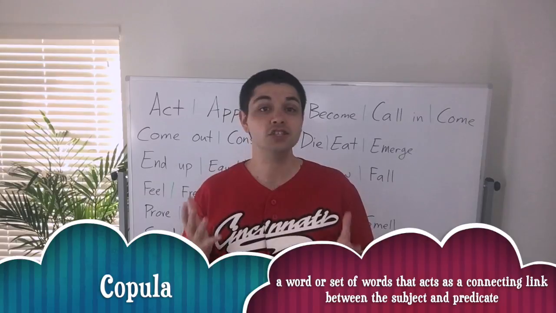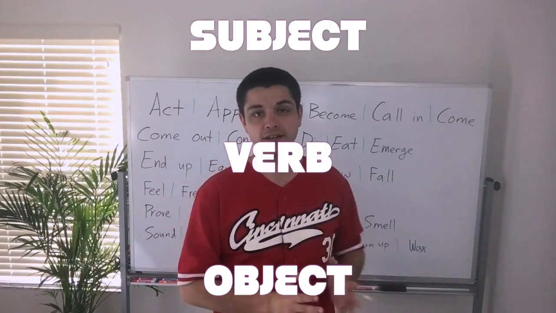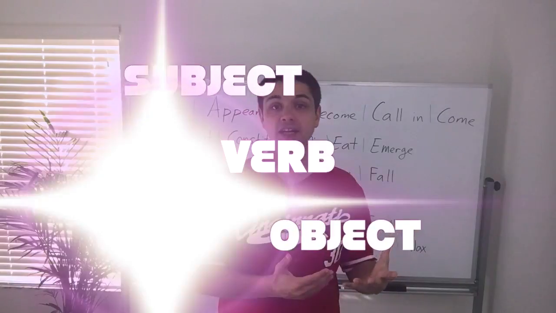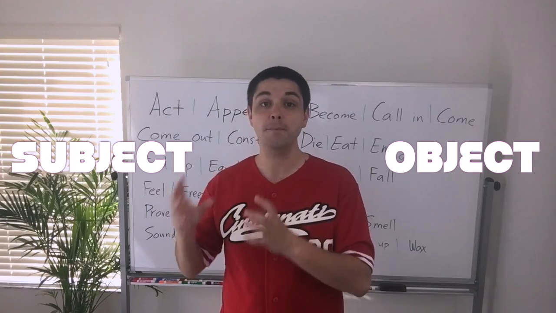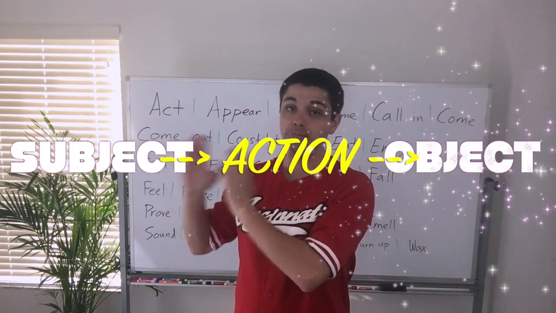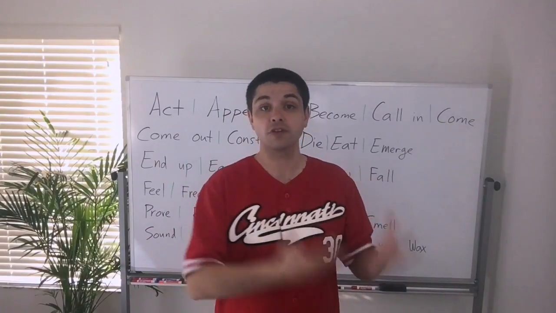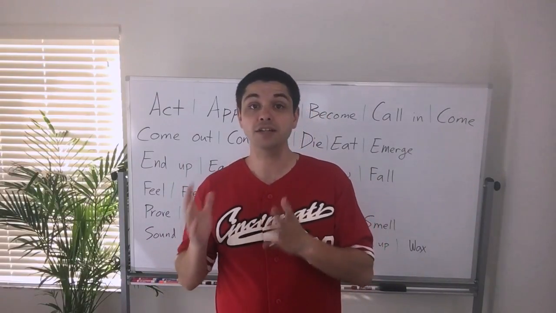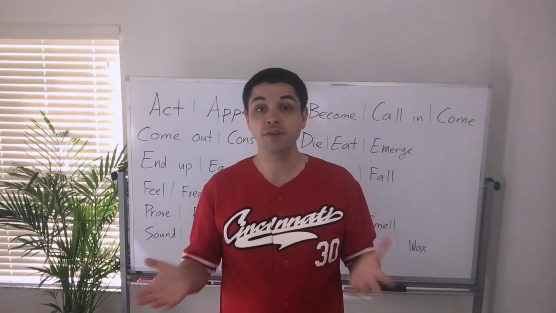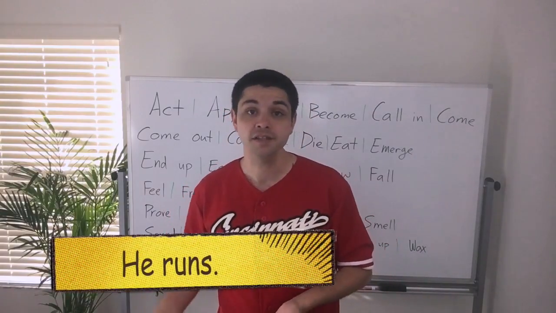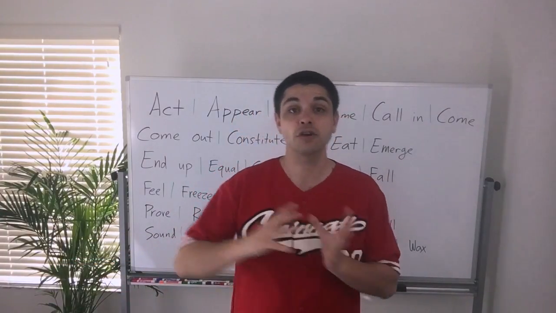In most English sentences, we have subject, verb, and object. And where there's an object, this is a transitive verb, which means that the action moves from the subject to the object. Some verbs are not transitive, and they do not show that the action moves away from the subject. For example, if we say, he runs, it's just the subject doing the action, and the action is not transferred